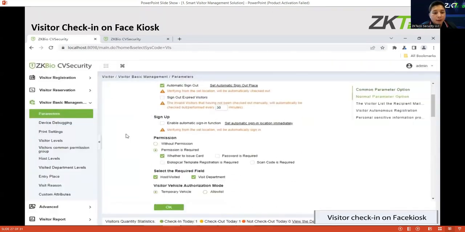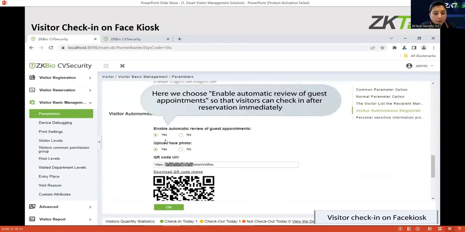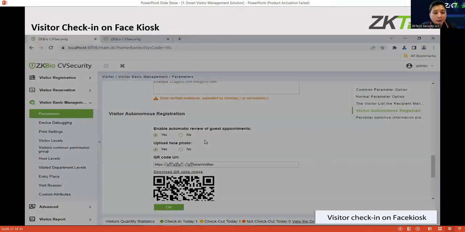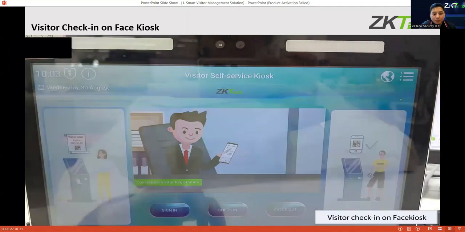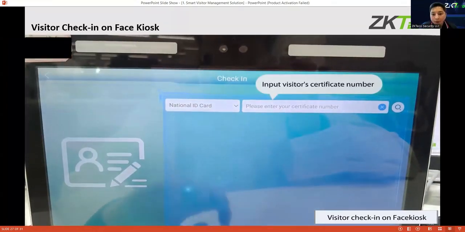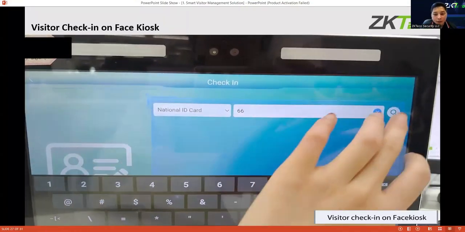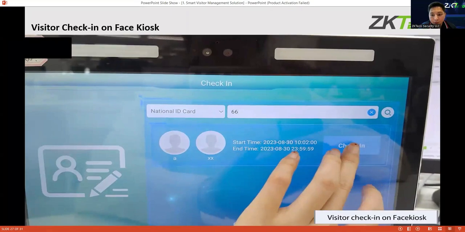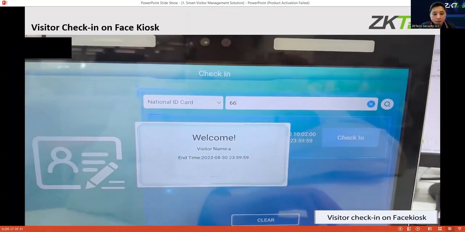Go to parameters again, and then enable automatic. So with that, the visitor can manually enter the premise or the building using the registered number. Okay, check in.